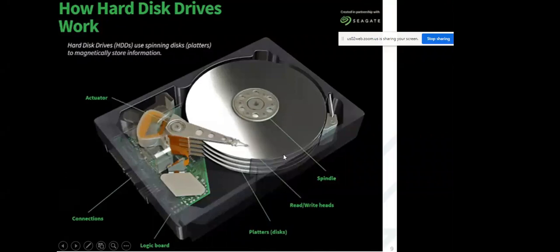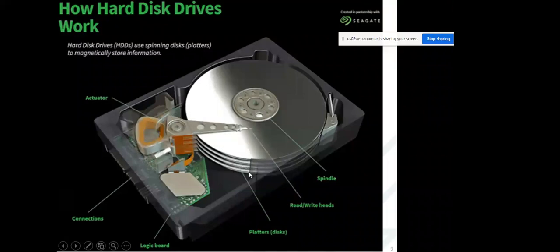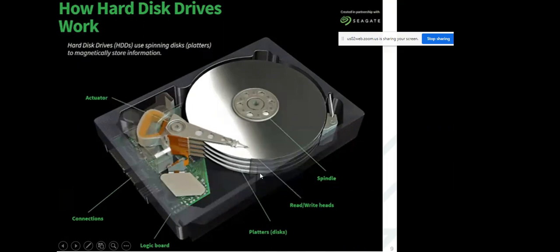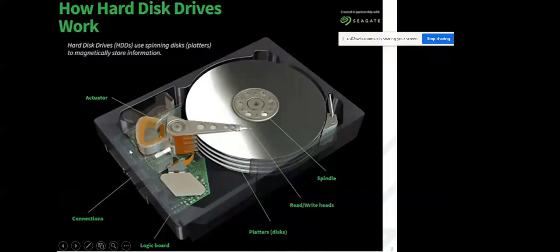These are magnetic disks, and the read write head will read one by one. These are sectors, and these are tracks. There are four disks here. That's why different organizations and companies recommend not putting a magnet in front of a hard disk. It can impact your memory and data.